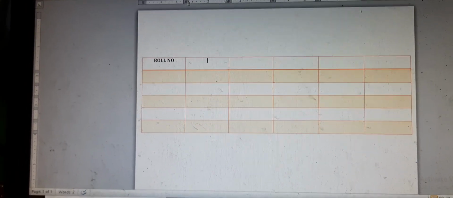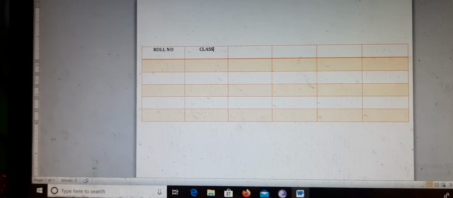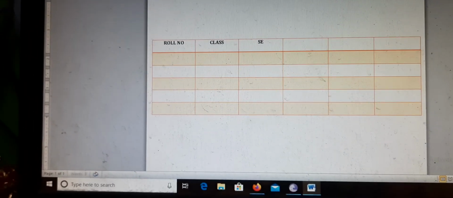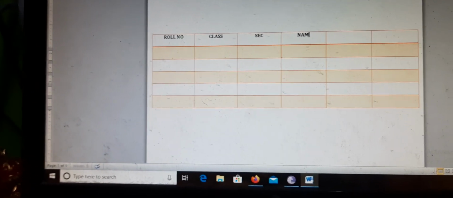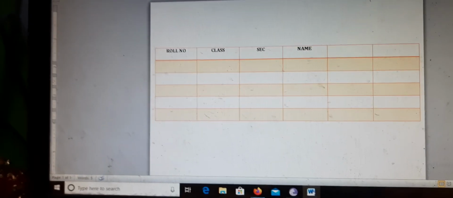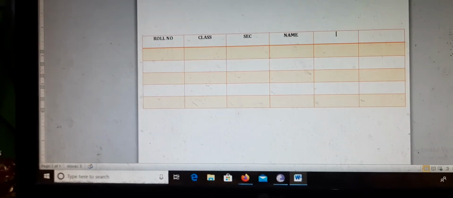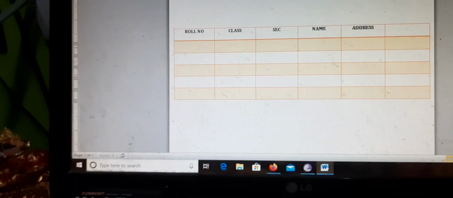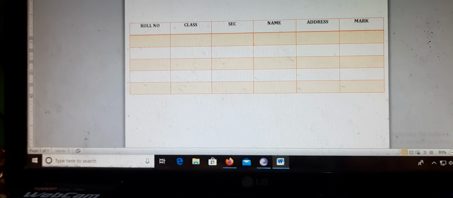Then class, then once again tab key, section, then once again tab key, name, then once again tab key, address, then once again marks. So like this you can get it.